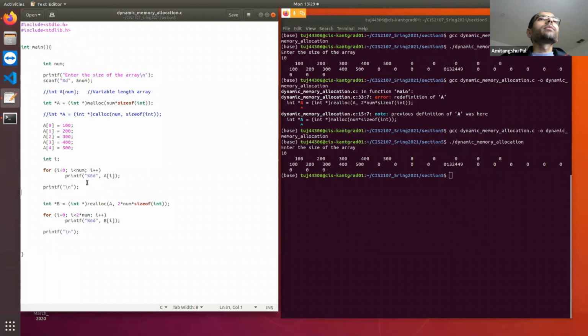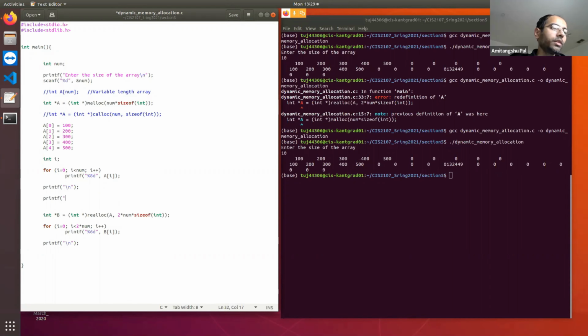So to validate this, here I am printing A equal to %t. Here I am printing B equal to %t.